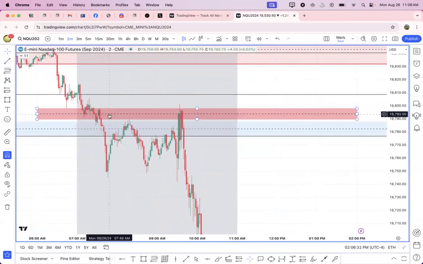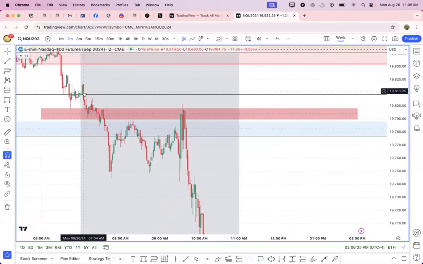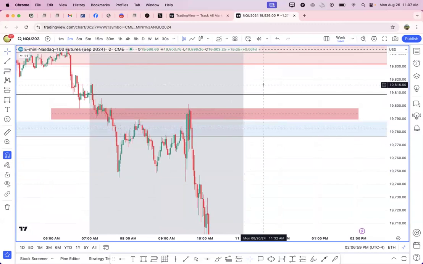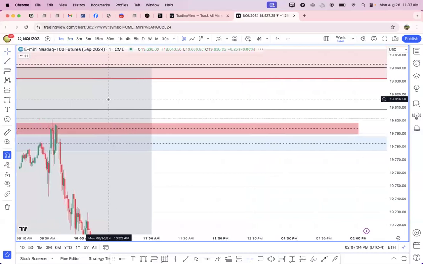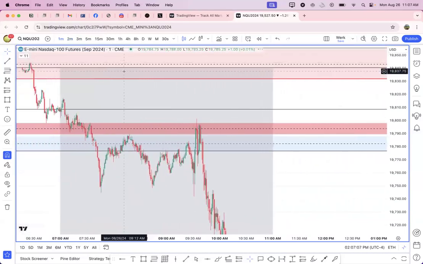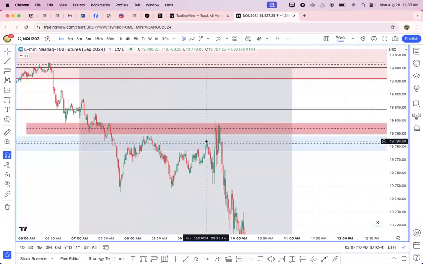So this is a 2-minute chart. No fair value gap there, but we got a stop run, we got a displacement. Boom. This could be an entry here. And the trouble with that is if I took that and I didn't get out, then this is going to come back up and stop me out. So that's no bueno. Again, I'm trying to get in as high and close to this hourly fair value gap as possible. Let's see. I don't know what that red box is.